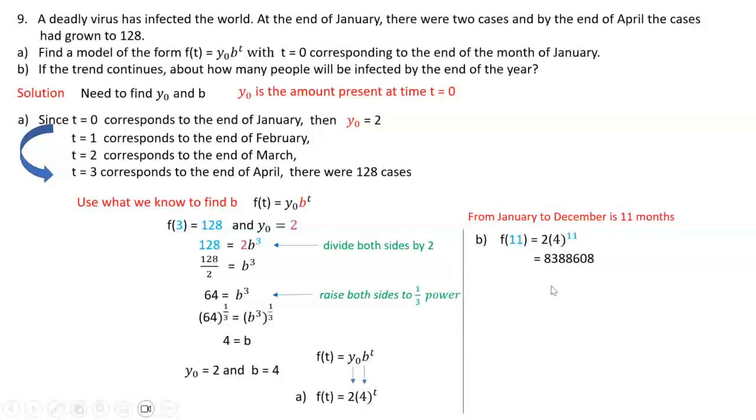And put it in the calculator, guys. So this is my result. So there'll be approximately about 8,388,608 people being infected. This would have been more or less true without intervention, but during COVID there was intervention